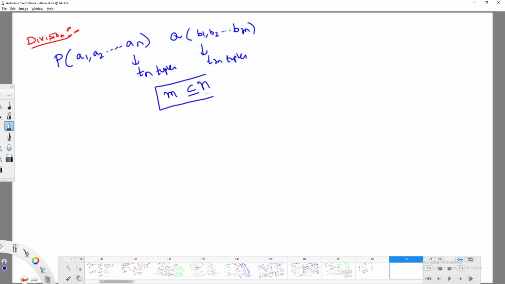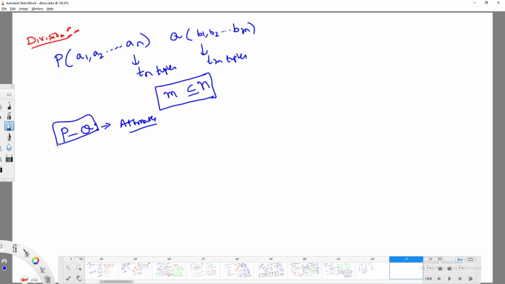So meaning that if you are trying to perform P divided by Q, what you are going to get are the resultant attributes which are present in P but not in Q. So the attributes which you get when you perform division of P by Q are the P minus Q attributes, the attributes which are present in P but not in Q. But the exact thing I will tell you now.